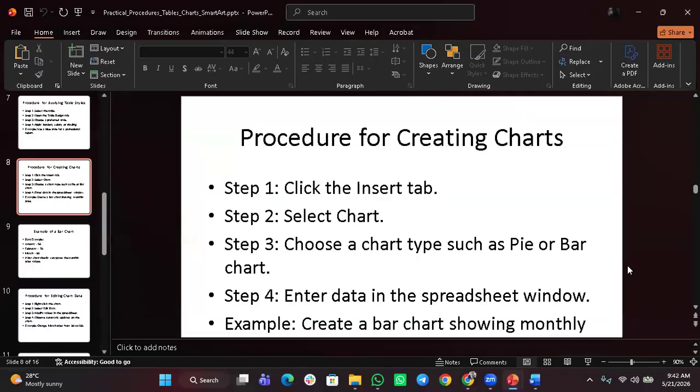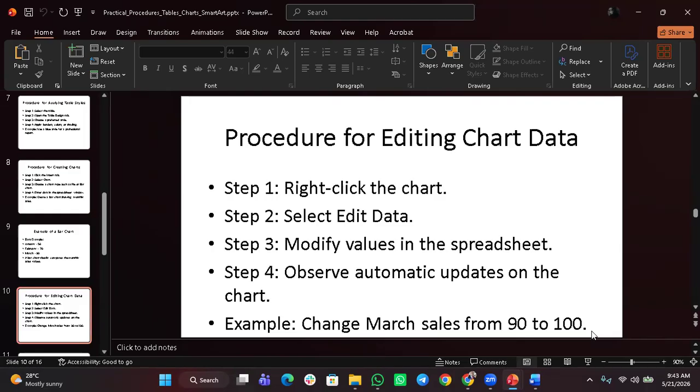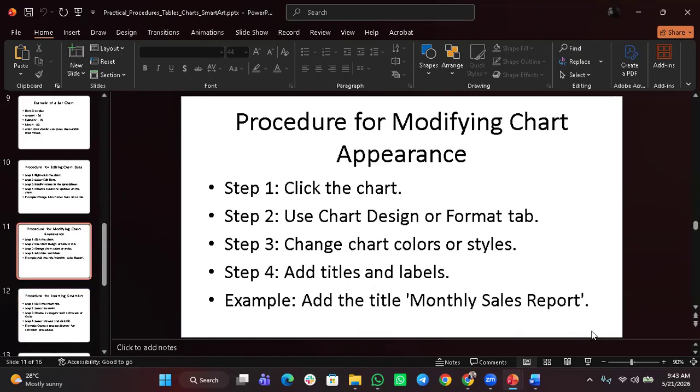I believe I've been able to explain very well. Then, in this case, for example, you can create a table for months and maybe sales: January, February, March. And then you put under sales 50, 70, 90. Then you plot the bar chart. You edit it, for example, change March sales from 90 to 100. So you can edit it from the data, and then it's going to do it for you from that rectangular